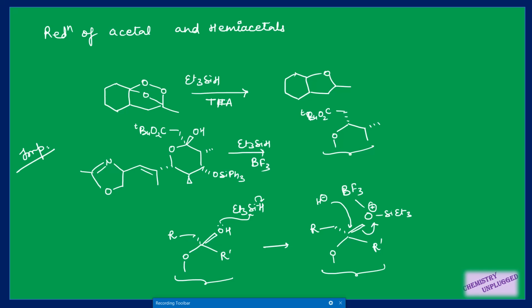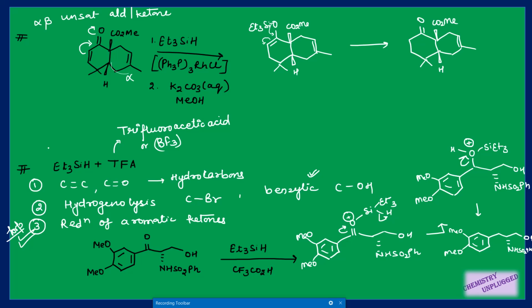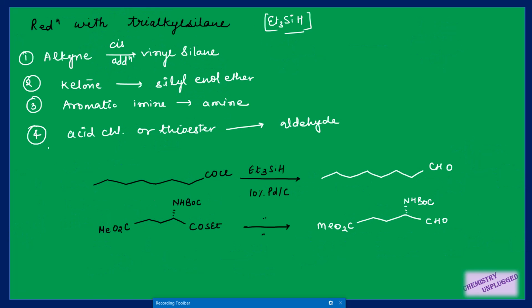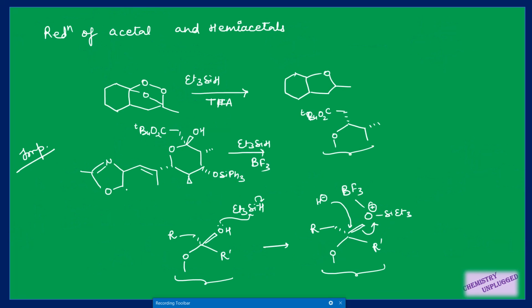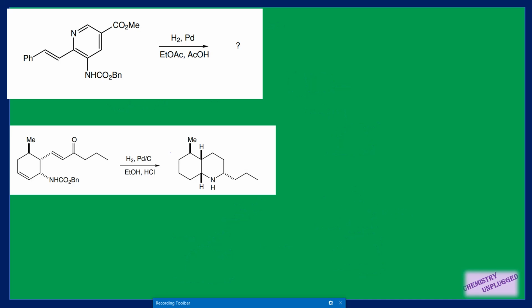Now you can do the reactions of this triethylsilane. Only remember, two reactions are very important. If you can't remember all these reactions, a few things are very important: the reaction of alpha beta unsaturated aldehyde and ketone, and the reaction when we are taking this TFA along with this triethylsilane. So these reactions are very important. I have seen many examples, many questions based on this reaction, so please practice it. Then we will take chapters and problems.